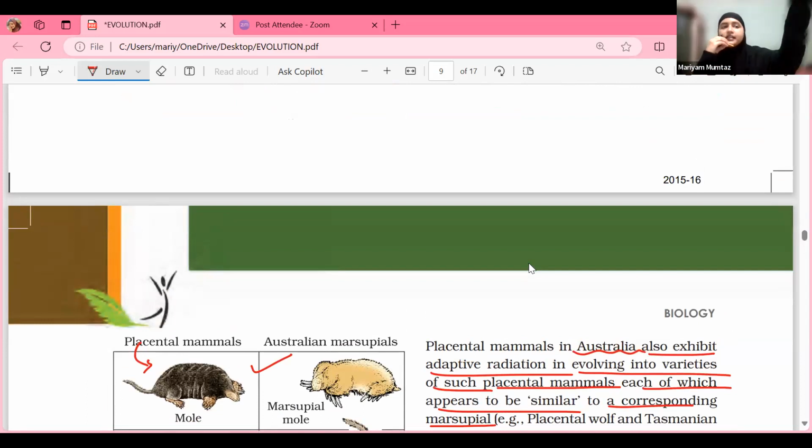So the evidences of evolution: first is fossils, second is divergent evolution, that is homology, third is convergent evolution, that is analogy, and fourth is adaptive radiation. These four are the evidences for evolution. Also industrial melanism is an example of convergent evolution. Okay,